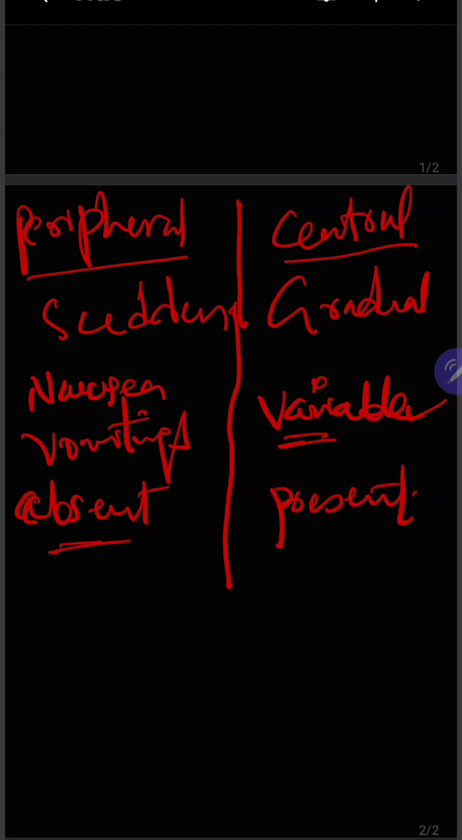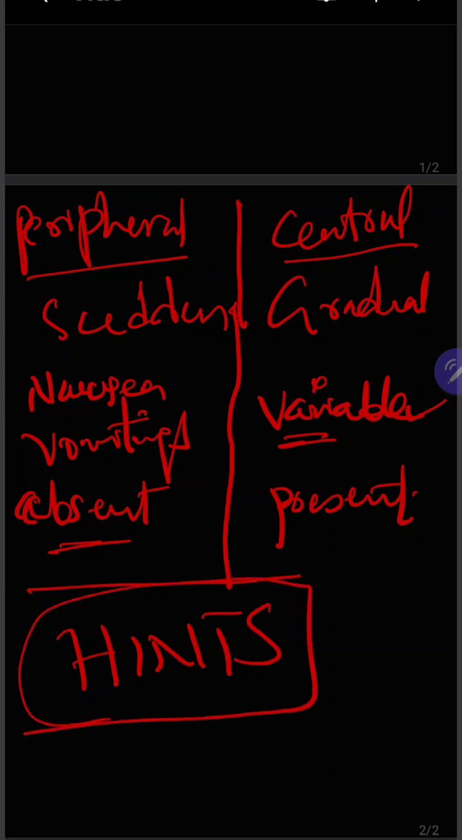And we have to know about the HINTS examination. If you do this HINTS examination, it will be very easy to tell whether the patient is having a BPPV or a PCS stroke. So I will discuss briefly here. What is HINTS examination? HINTS stands for